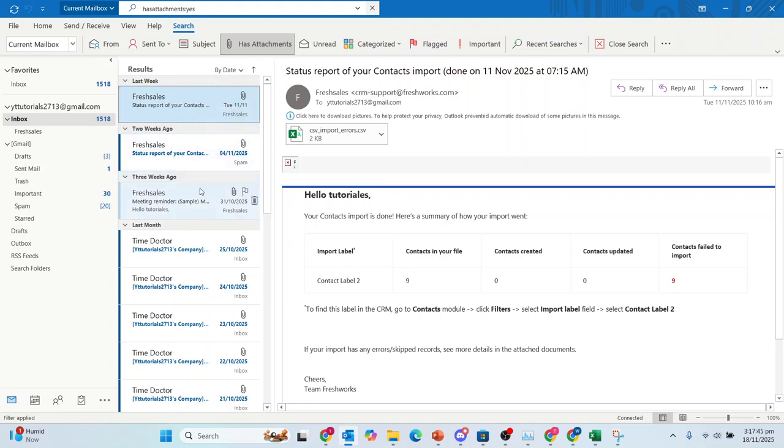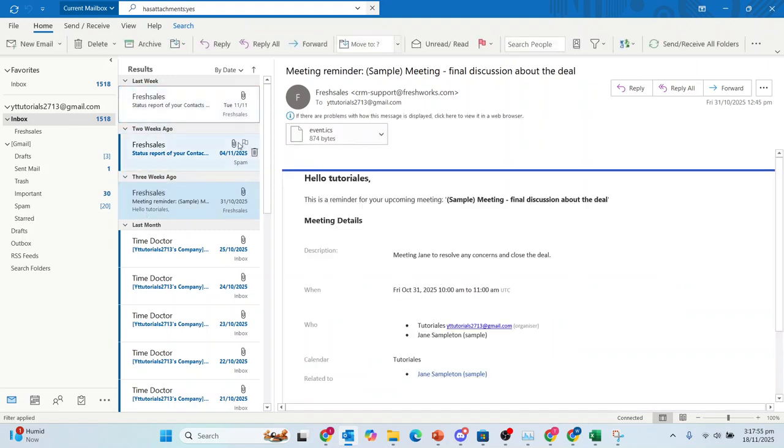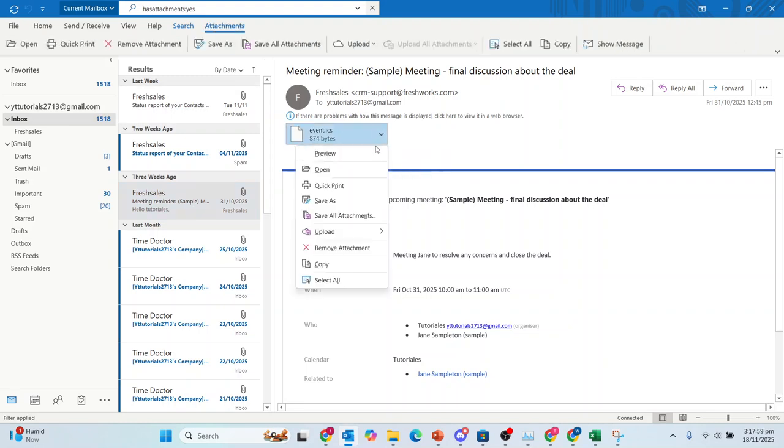And you can go ahead and hold control on your keyboard and select multiple emails. And you can go ahead and save them with the attachments. So I have these selected. Then you can come here, click on any attachment right here, click on save all attachments. And that way you're basically downloading all the attachments and a download box will appear listing all the attachments from